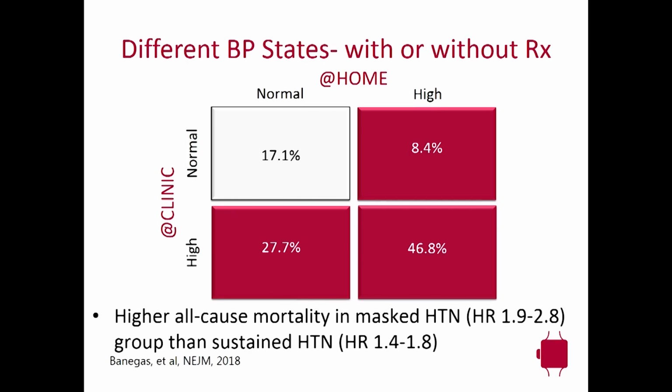What's shown here is the all-cause mortality when you look at the different buckets here. And masked hypertension had a higher mortality risk than sustained hypertension. So that means that if you're high at clinic and high at home, you were better off than if you